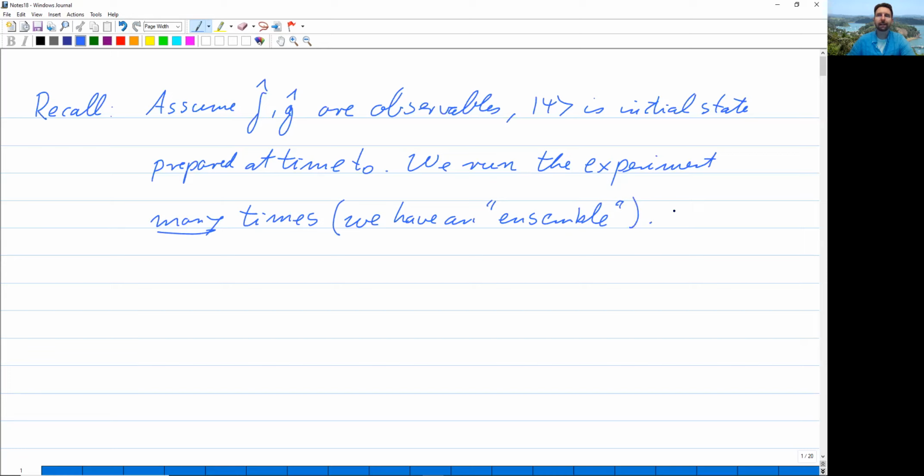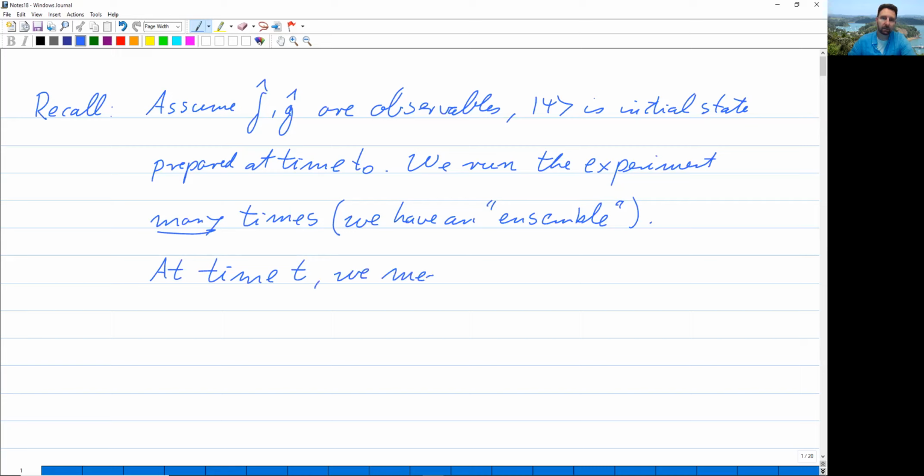We don't have to run the experiments one after the other. We could also prepare the experiment many times in parallel and run it in parallel many times. Either way, we run the experiment many times, and then at experiment time, at time t, later than t0, but a fixed time t,